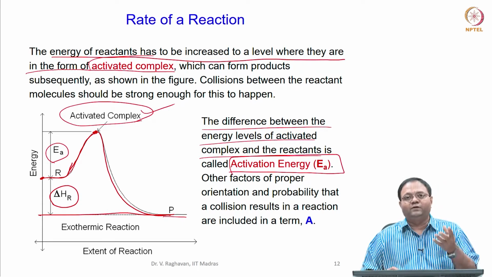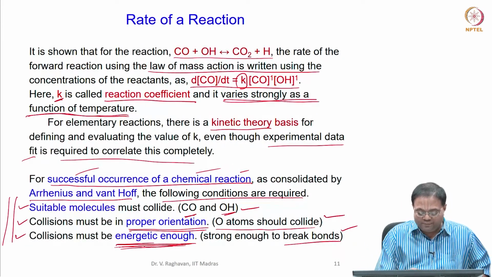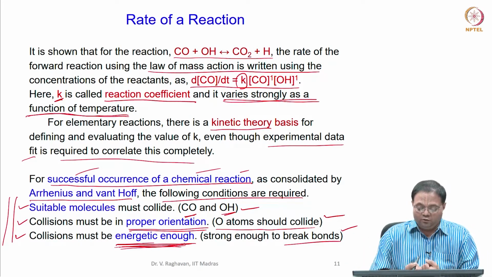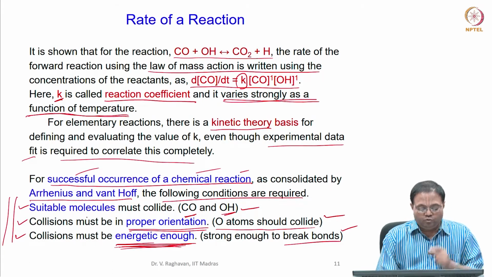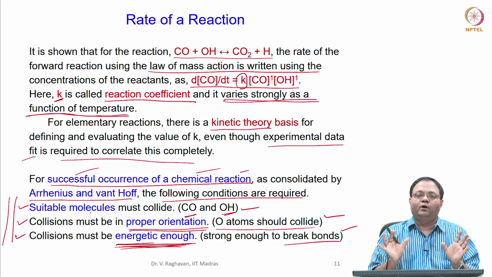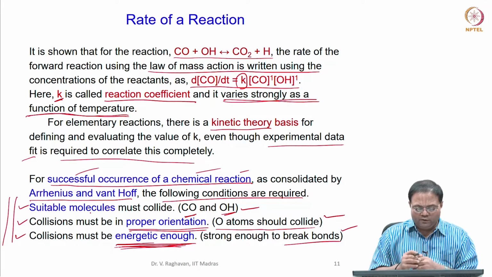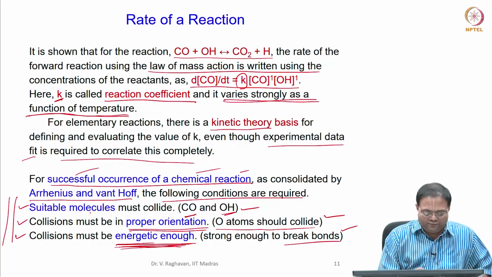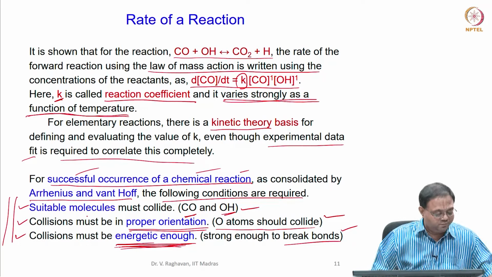So, the rate coefficient has, see, for example, in the previous slide there are three things which we told. The energy part is the third one. Collisions must have enough energy level. So, the energy part comes for the third part. The first two, suitable molecules should collide. So, in a basket of several molecules, suitable molecules should collide. So, that some probability is there. Similarly, they should collide in proper orientation. Each collision may not happen at proper orientation. So, the first two actually are some probability dependent factors.